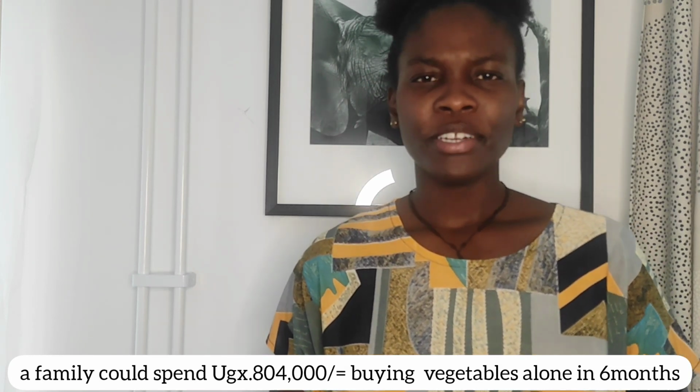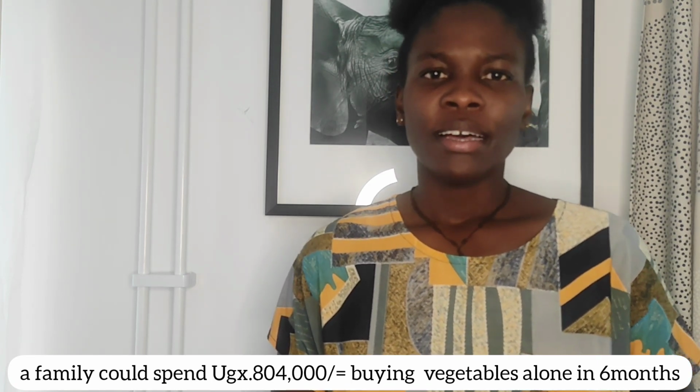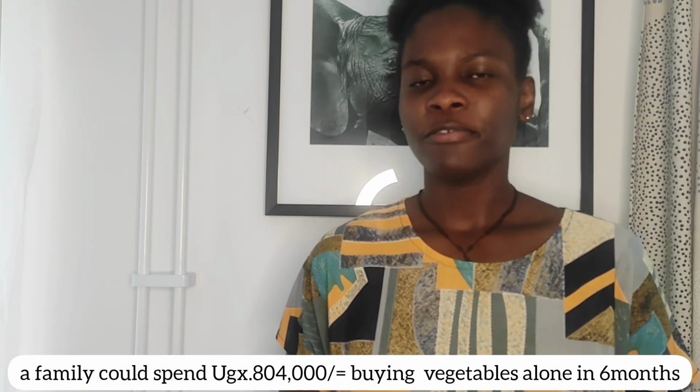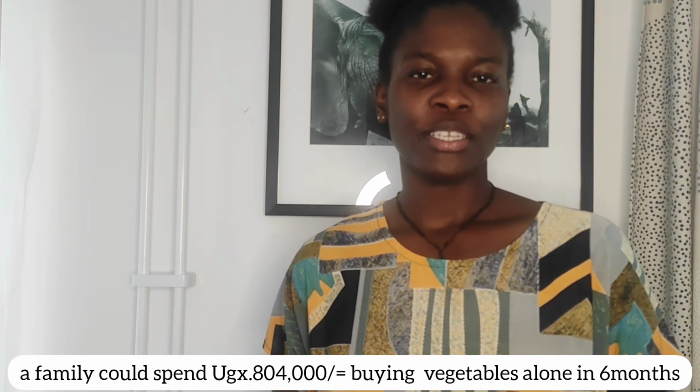Did you know that an average Ugandan family of about 4 or 5 people spends an estimated amount of 804,000 shillings in 6 months? How about if I told you that you can use only about 251,000 Ugandan shillings to make a vegetable garden? And that vegetable garden can supply you with vegetables daily if maintained well for a period of 6 months and more. And on top of that, you will be able to save